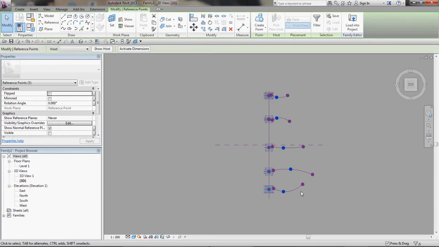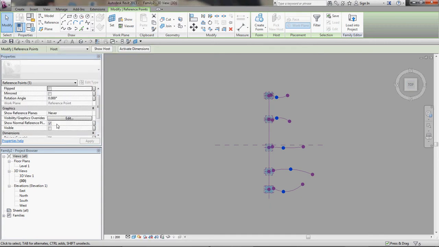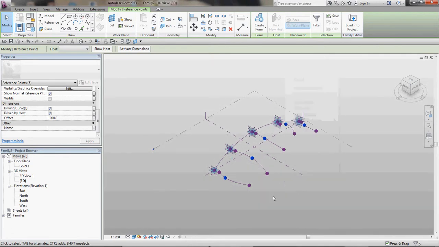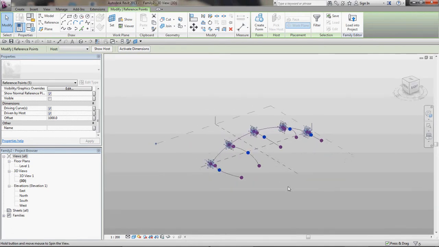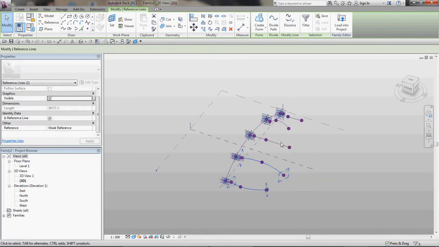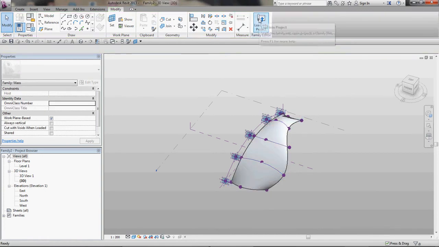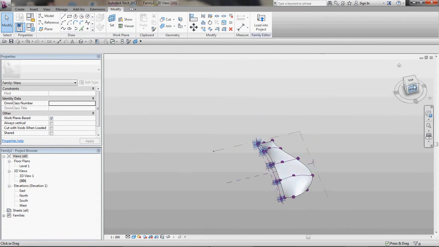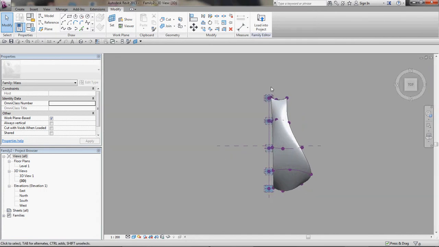So I'll window over some of these guys. I'm going to grab 1 point per spline and just kind of offset it some amount. In this case, I'll do it 1 meter. So I've just put a little bit of 3-dimensionality into each one of those splines, which I think it just insists upon having for you to create the vaulted arch. So there's my vaulted arch, and this is an interesting way of thinking about it, because I can